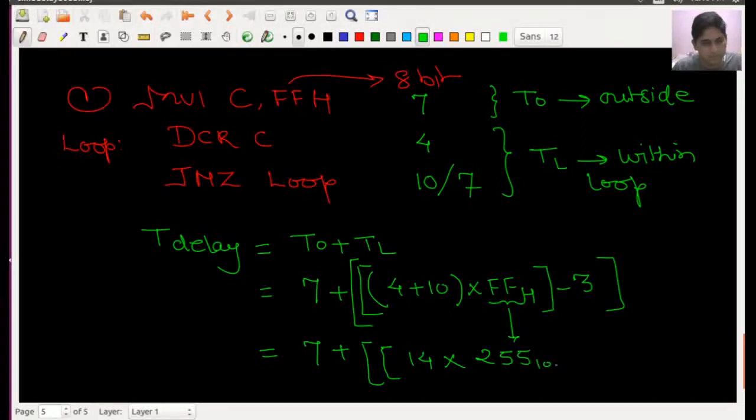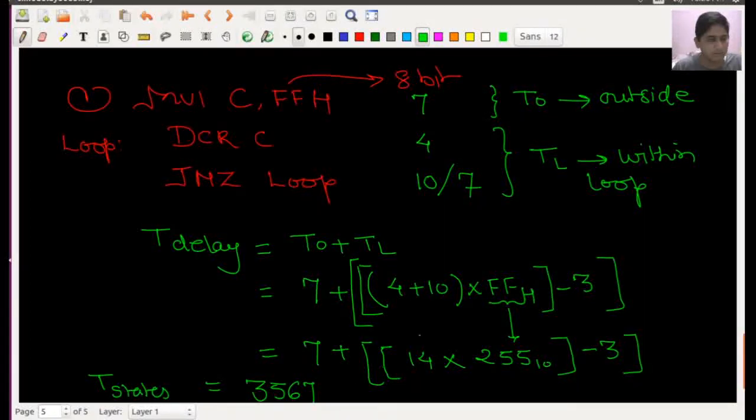So I am writing this is 255, then bracket close, minus 3. So you can note down the total amount of T states. What is the total amount of T states? By calculating, it will become 3567. So this is the total T states.